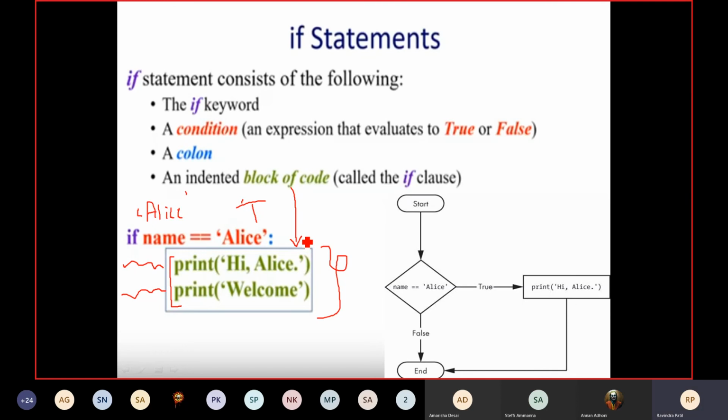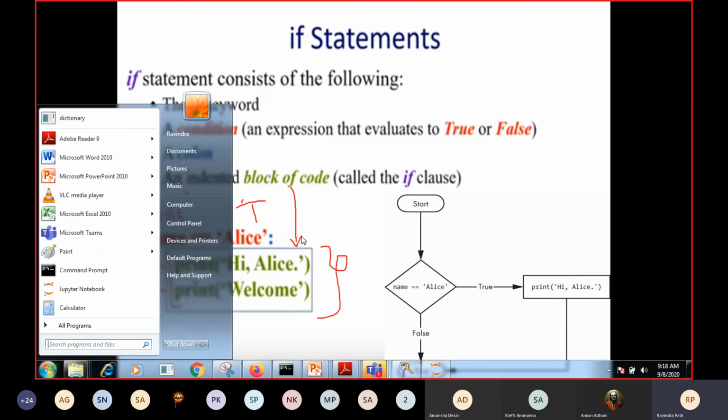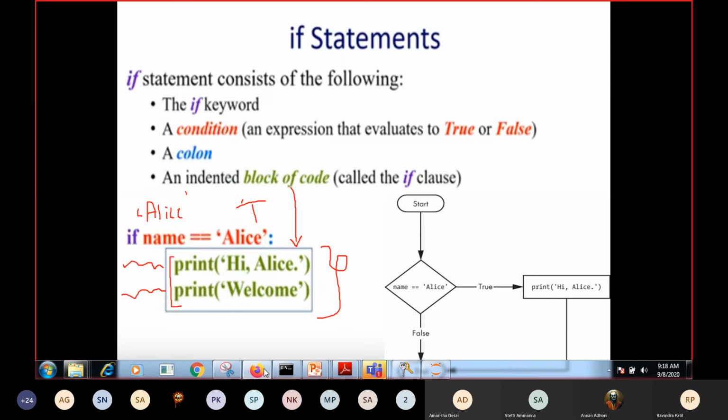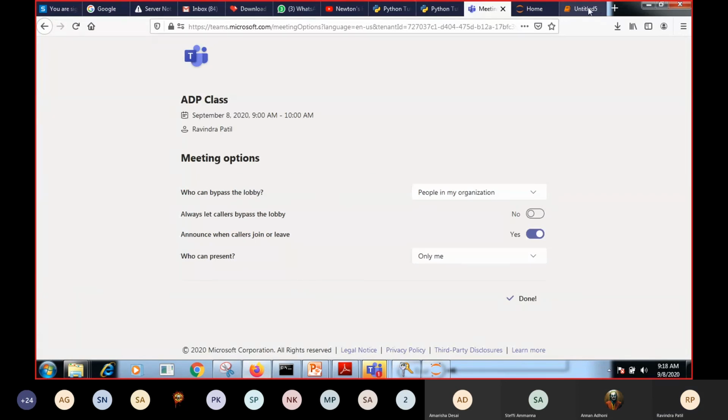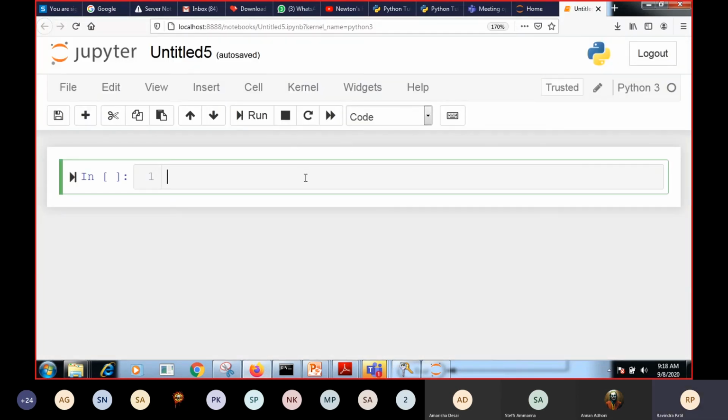Okay, let us take a small example here. Instead of mentioning any condition first, we will read name by using the input function. We want to display one message, enter your name.